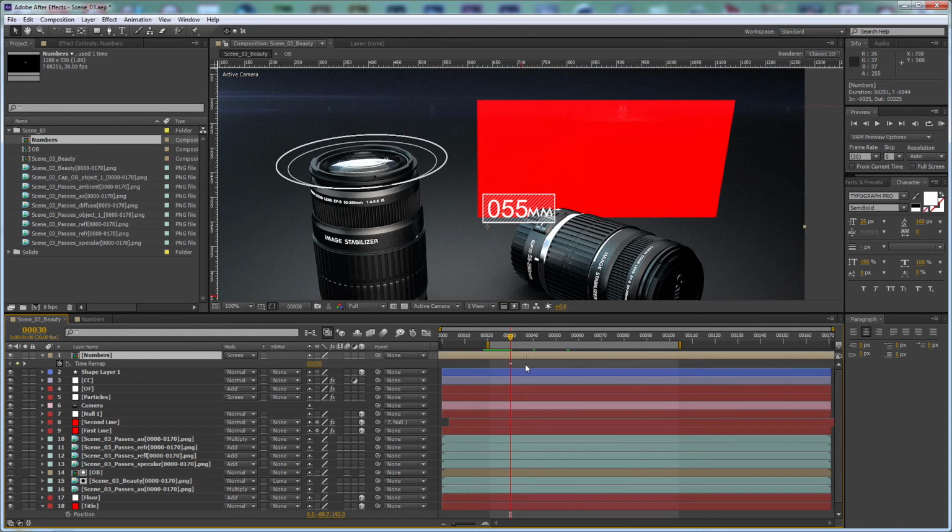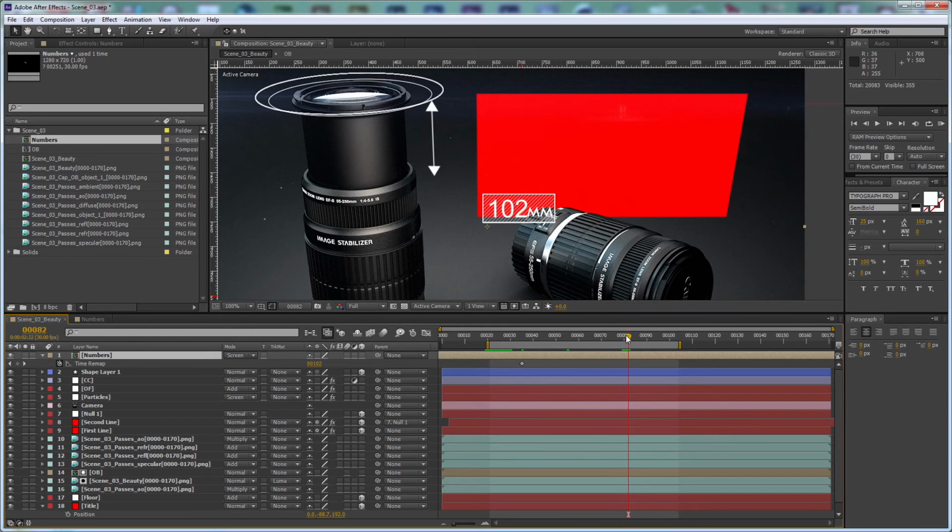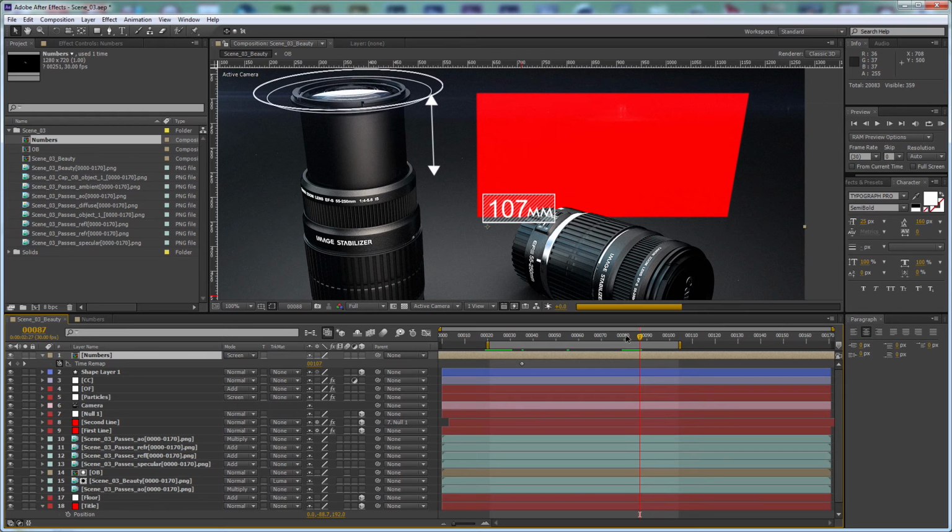So from this point we are going to have our animation animate actually a bit more. From this point to, let's see, to this point here,